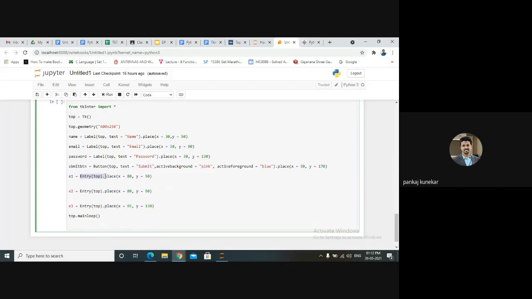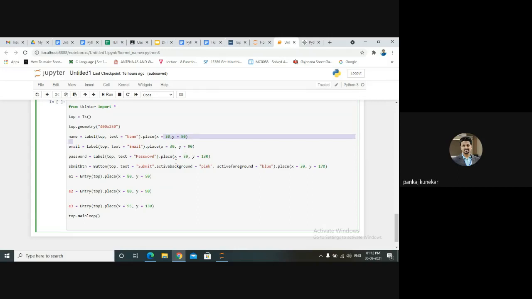So we need to give the entry an x value too, for name, for email, and this entry is for password. You need to check this one also.